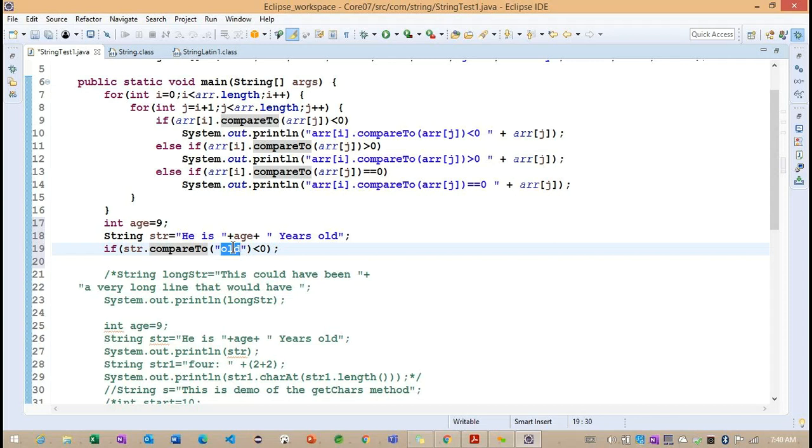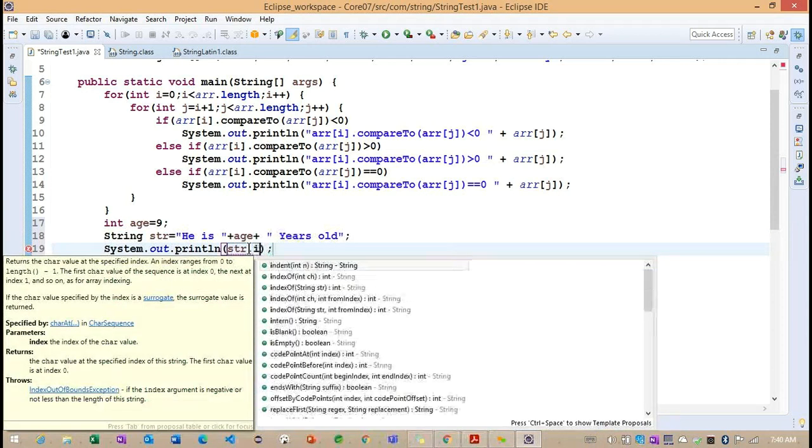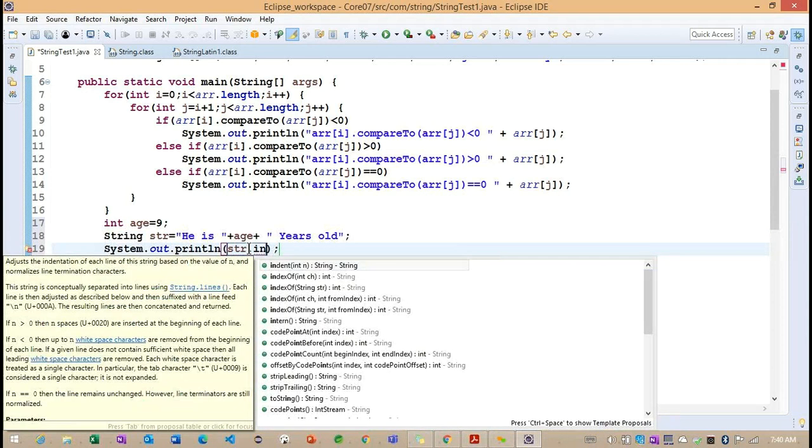Okay. So we'll check for another method here. The other methods we have are indexOf and lastIndexOf. Basically, the indexOf method will return the first occurrence of the character or substring here. To find out the character information, we can go for the indexOf method. The simple one here. Inside this println, str is our string object, which is located at line number 18, and str dot indexOf.